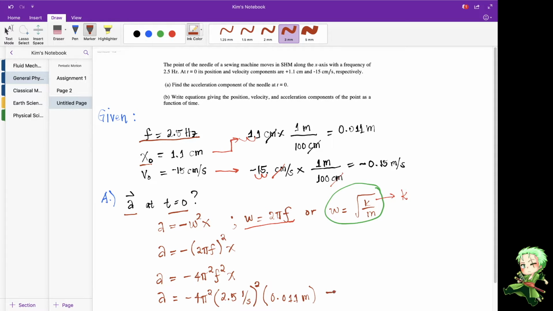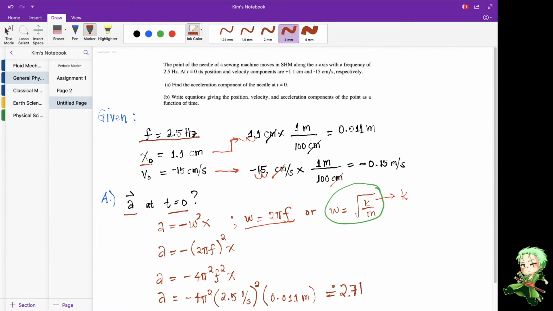Okay, so let me just plug in these values to my calculator. So we have 4 pi squared multiplied by 2.5 squared, and then you have 0.011. So you should get, if you round it off to 2 decimal places, approximately equal to